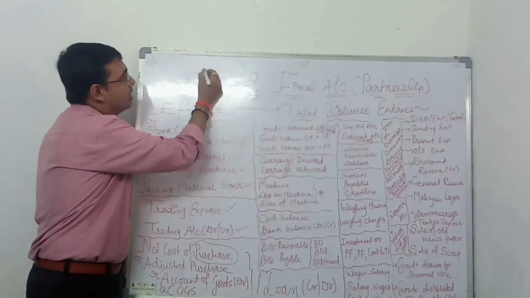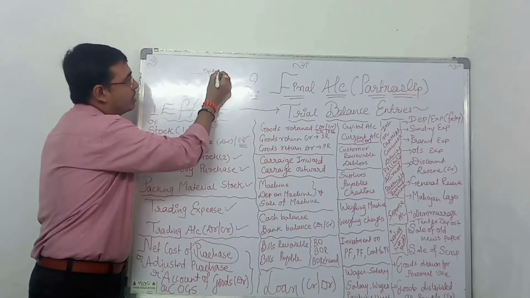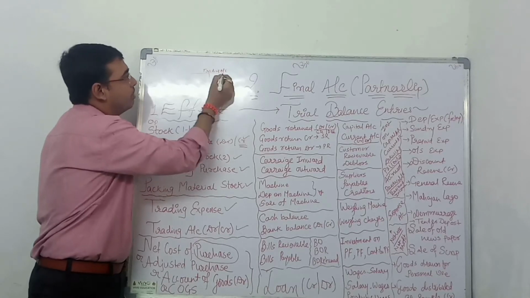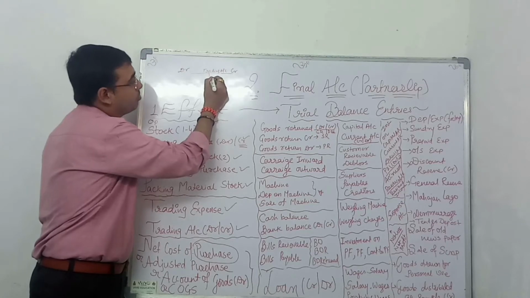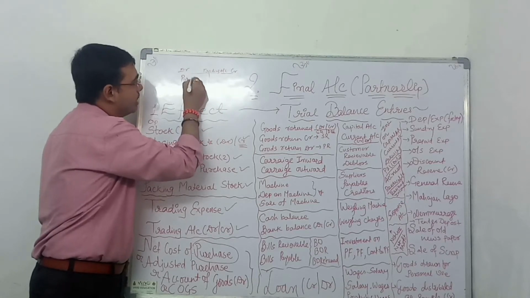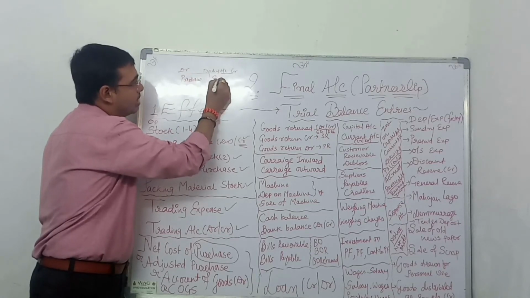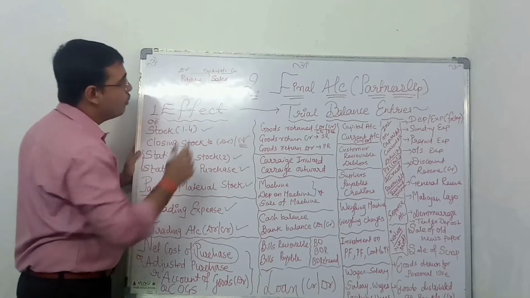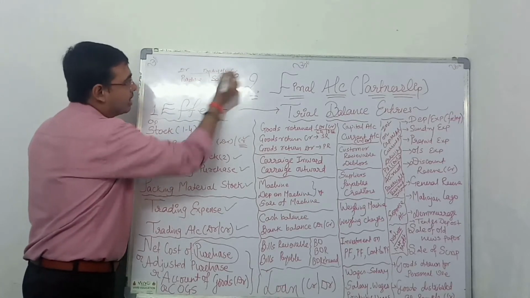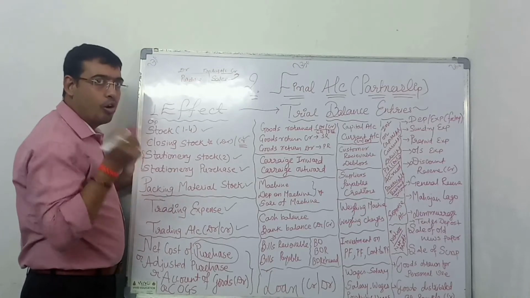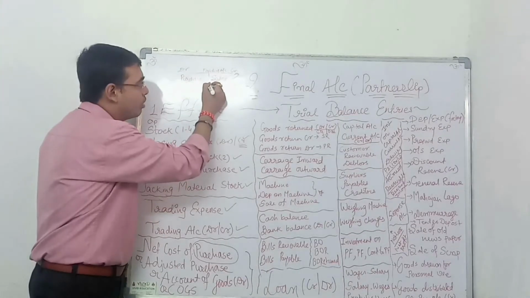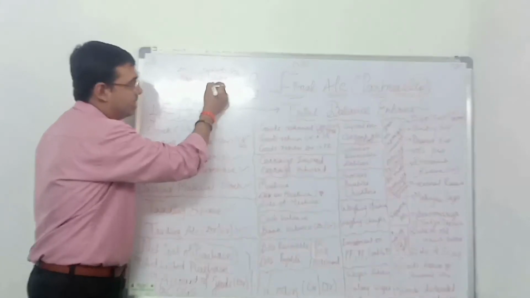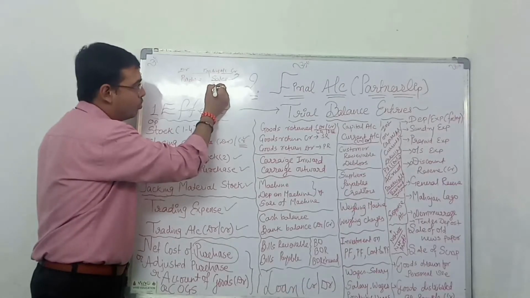So this is the trading account. I am writing a little bigger so that you will understand. Now, here you will write purchase. Here you will write sales. Where is sales? Credit side. What is the opposite of credit? Debit. So when goods returned only is given,